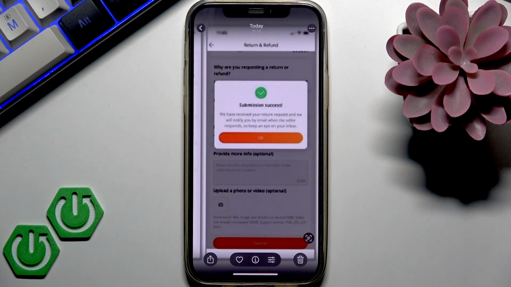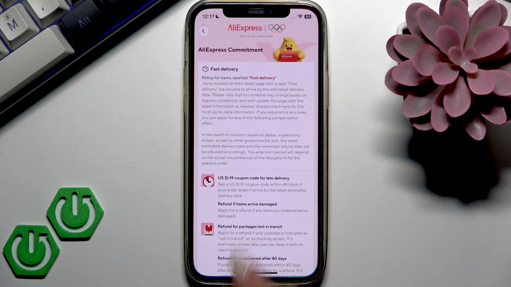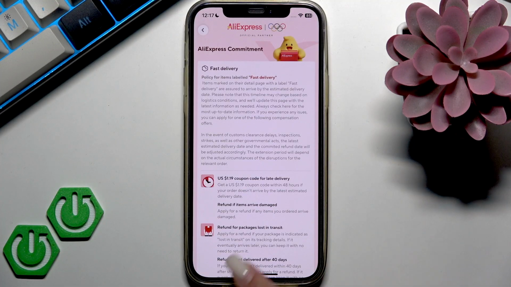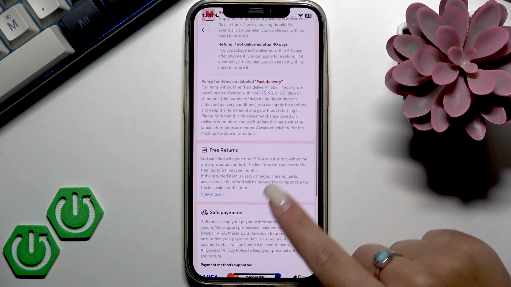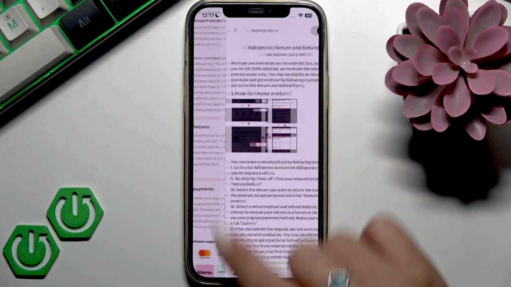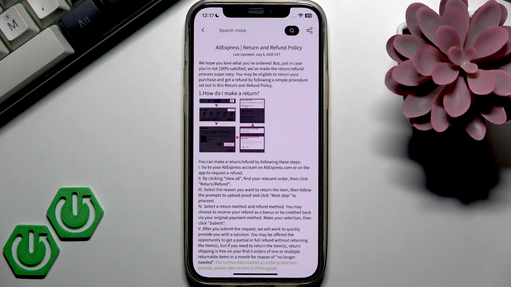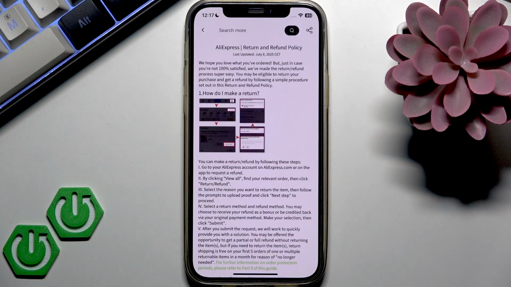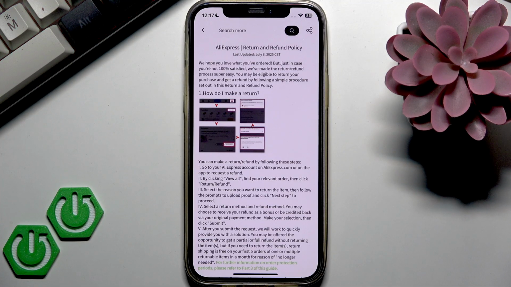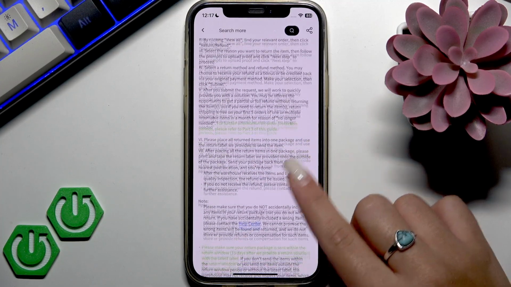And basically your request will be processed within a few business days, and after your request is approved, make sure that you get your free return label. In order to do that, you need to go to my orders section and go to order that you want to return and open dispute page, and there you should see your free return label. But you have a deadline of 5 days to get your label, and if you miss that deadline, your case will be closed and you will be no longer able to